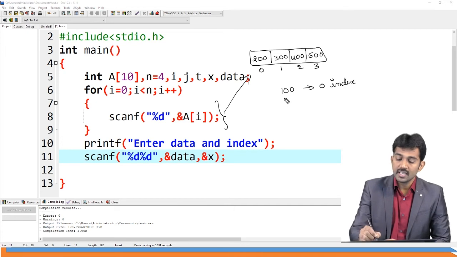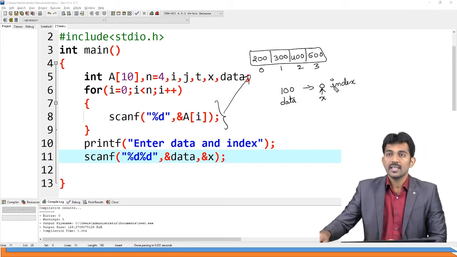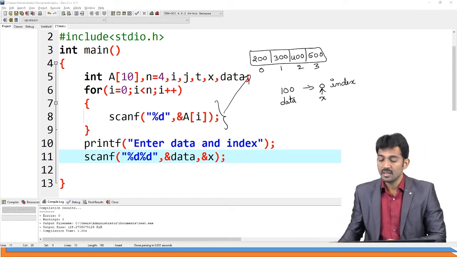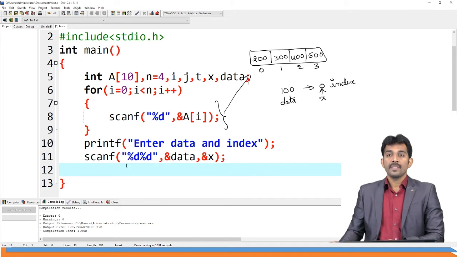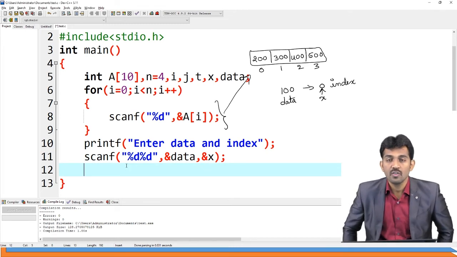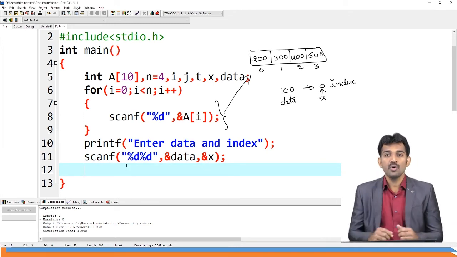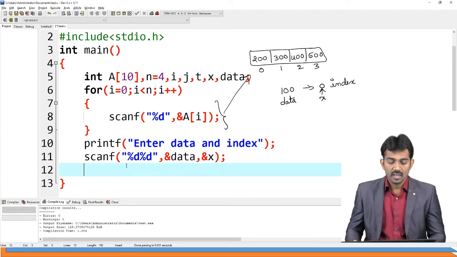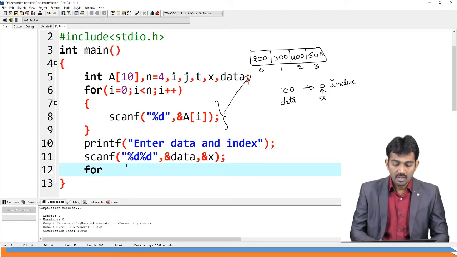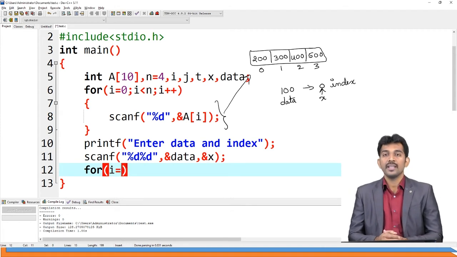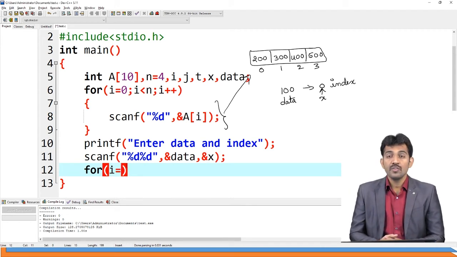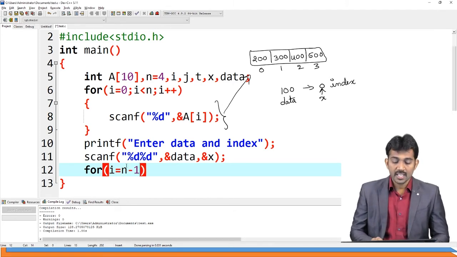So my task is I want to insert here. Here data is 100 and x is 0, 0 index. Now I need to start to write the code for moving the data up to the 0th index. Observe carefully. for i equal to up to which index? x index. i equal to n minus 1, the last element.